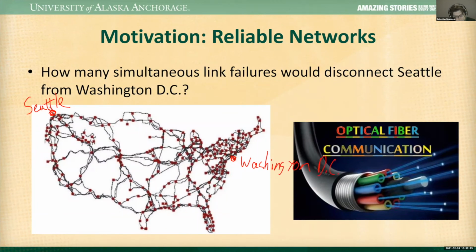And so you can ask, well, what is the minimum cut? What is the minimum number of fiber construction projects that would have to occur simultaneously, or disaster events that would occur simultaneously, like backhoes, construction projects? Anything could disrupt these links. But what is the minimum number that would disrupt communication between the East Coast and West Coast of the US? So that's a very interesting national security problem, but formulated as a graph theory problem, a computer science problem.